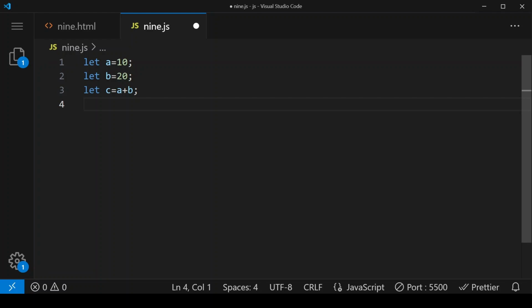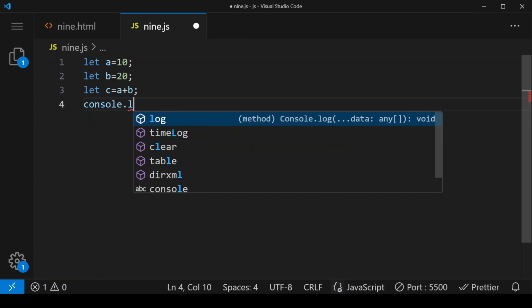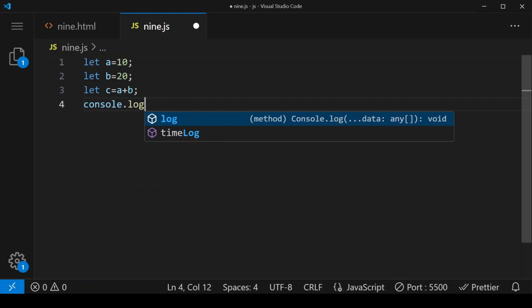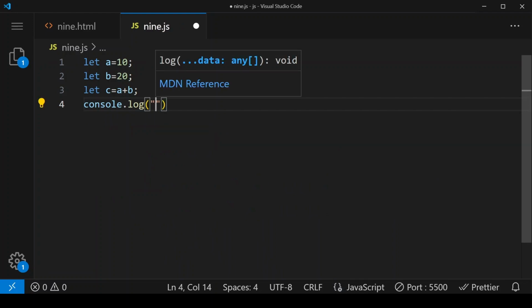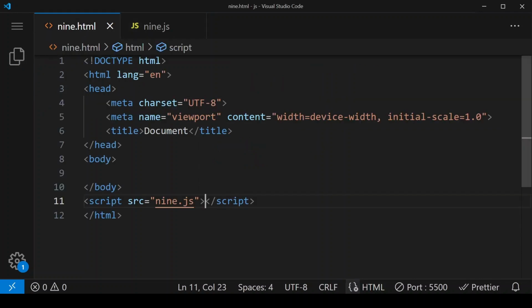Now we have to print it, so we can print it on our document as well as on our console. Right now I'm doing console.log, and here I'm giving the message "value of c equals to", and here we have to put a comma, and addition is in variable c, so we have to put that variable, put semicolon, save it.